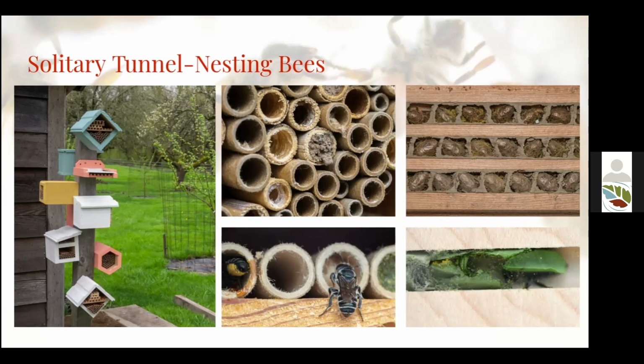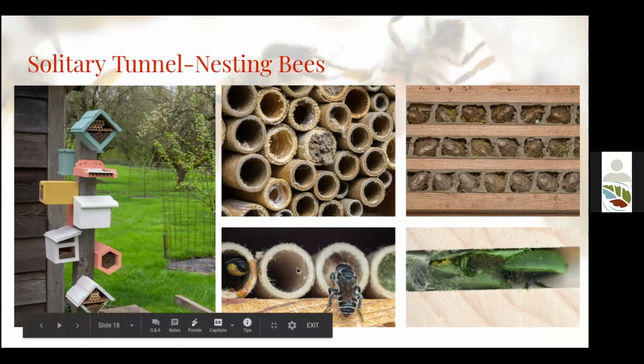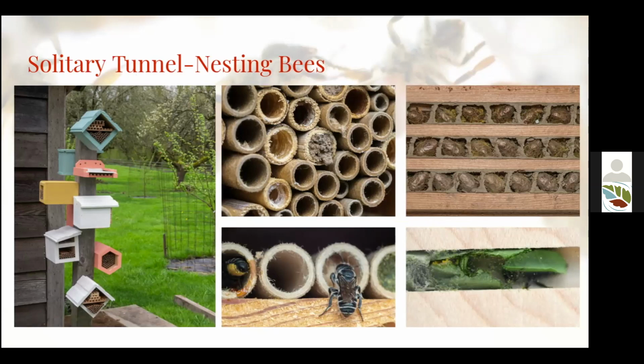But these leaf cutters nest in the same strategy. They require smaller holes than mason bees. They're a little bit smaller and daintier in body. And the nesting materials that they use are actually leaf and petal cutouts rather than something like mud. And so they'll chew these little perfect semicircular pieces of leaves, soft leaves or soft petals off of plants, carry them back to the nest, and then line the chambers with those to separate the developing bees.